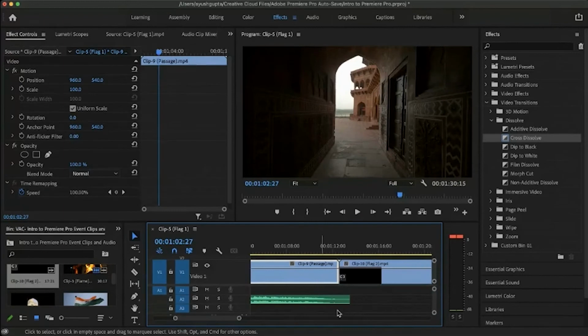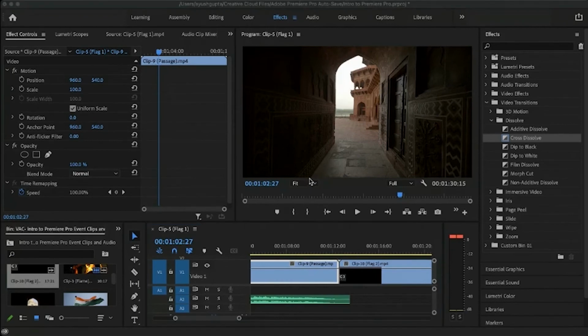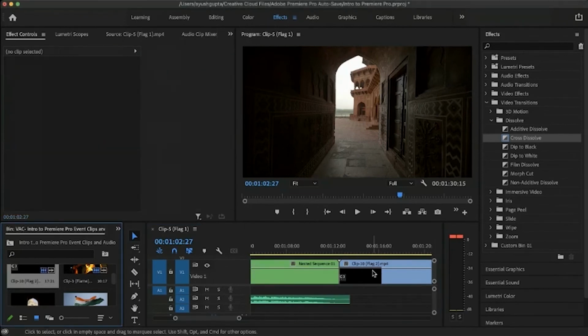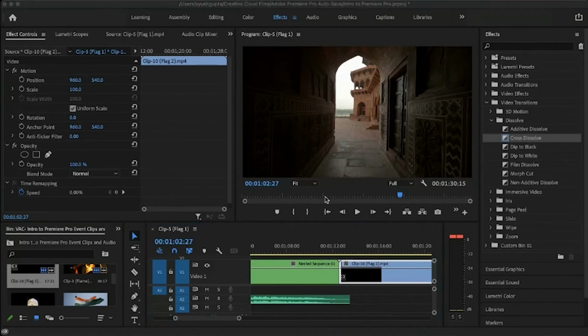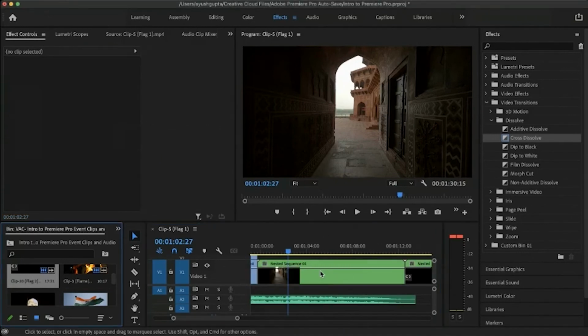Right click on both, and there will be an option for nest. Yes, the software will automatically give it a name, nest subsequence 1, and the second clip too, nest subsequence 2.